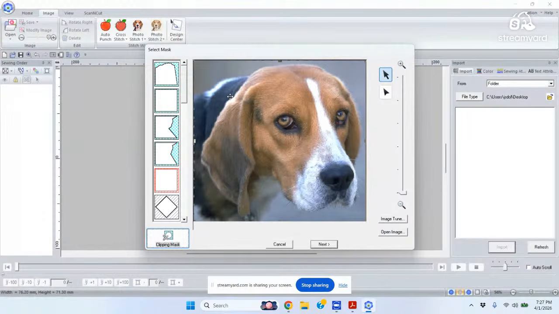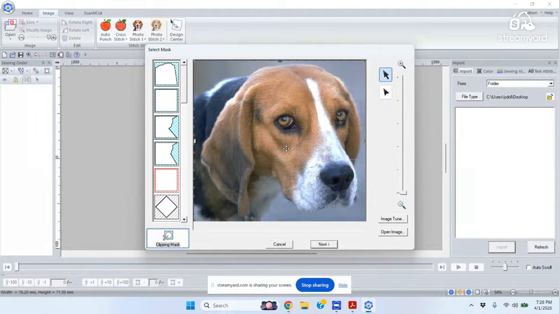However, I found that I don't mask things as much as I used to. I like to leave a background in the back because sometimes it brings out the item that you're actually photo stitching. And I used to mask everything, but then things wouldn't lay as flat because there'd be all these funny angles. So you can kind of see, sometimes you have to look at it and decide. I personally, this little dog, I like the plain background and it stitches out nice and it makes the dog stick out. So I'm going to do it in the square,